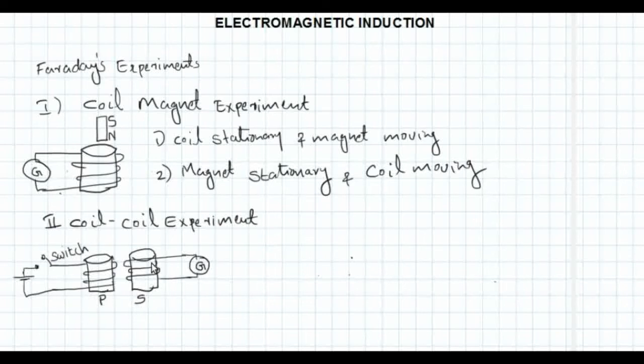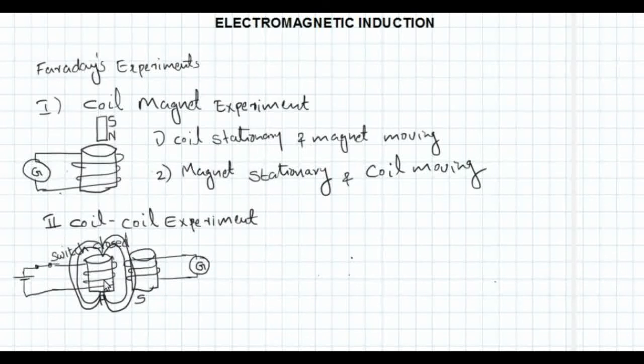So using this kind of arrangement, we can also prove Faraday's law of electromagnetic induction. Here the primary is connected to a cell through a switch, and the secondary is connected to a galvanometer. When we close this switch, or allow the current to pass through this coil, what will happen? There will be a magnetic field suddenly produced around this primary, which will be linked to the secondary, because primary